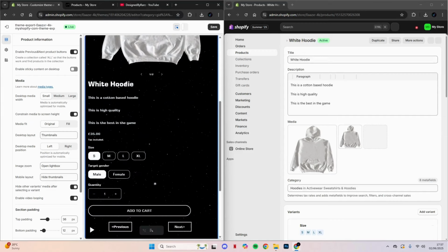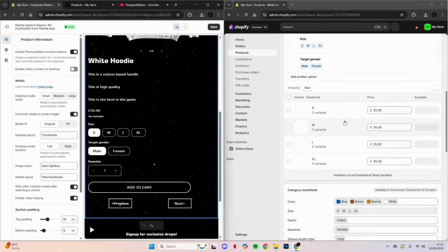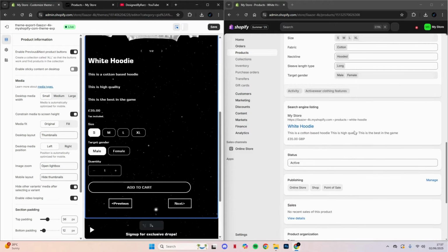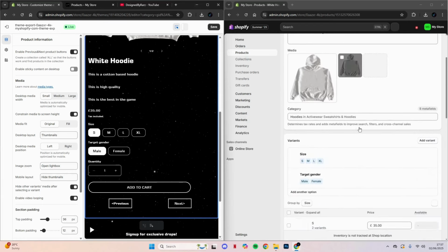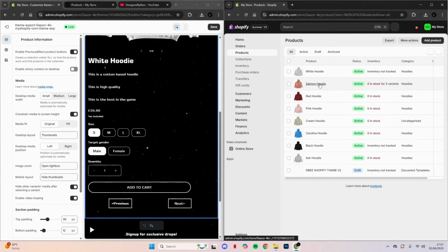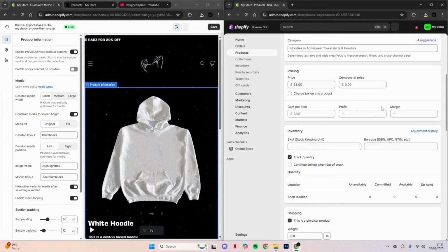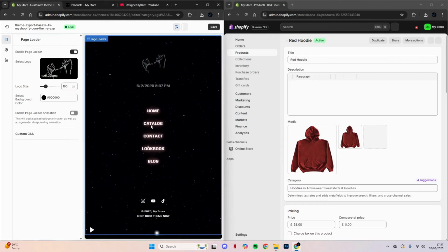You can see we have the title, which is white hoodie, the description here, and then below we have the price, etc., and everything here. So what you want to next look at is your variants. When you go onto a product without any variants, for example the red hoodie, let's go to our red hoodie